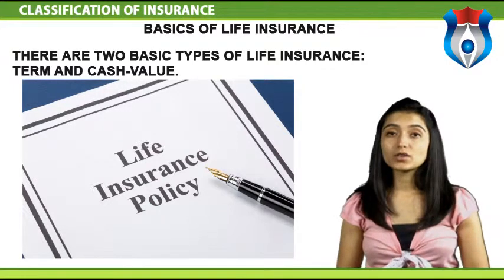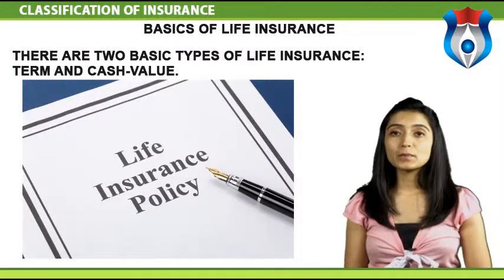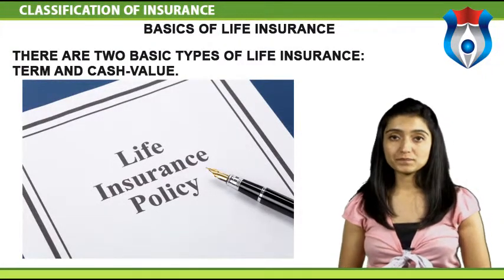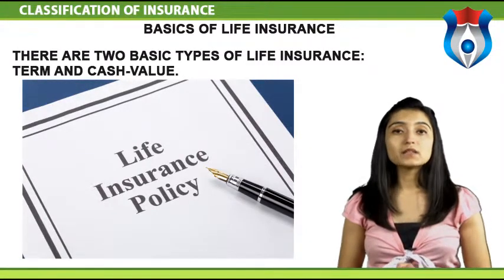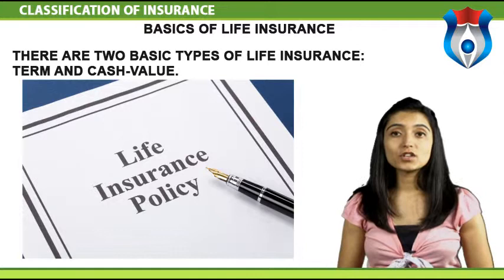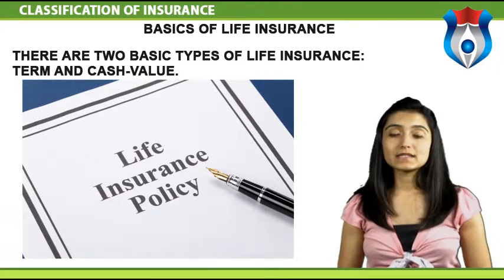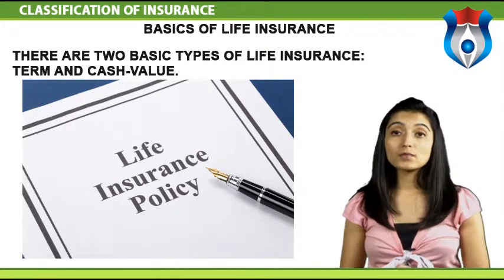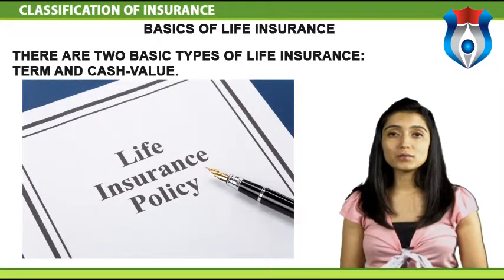If we die during the covered period or term of the policy, the insurance company will pay our beneficiaries the face value of the policy. The face value is the amount of money the beneficiaries receive if the insured person dies. The annual premium increases as the insured person gets older. Premium rates are based on the probability of death at each age level and on the insurance company's cost of doing business.